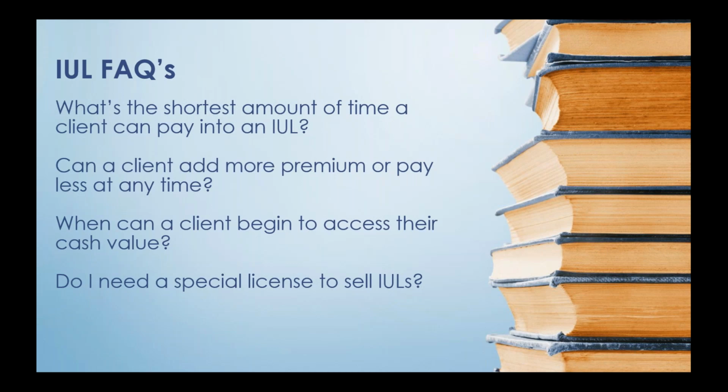When they can access their values, again, is going to vary a little bit from carrier to carrier, but I would usually encourage my clients to wait about 15 years. The reason is kind of twofold here. First of all, IULs are going to have surrender charge periods built into them, and the length of those periods can vary from maybe, say, 10 to 12 years. So if your client waits at least 15 years before they access their cash value, chances are, for pretty much most every policy out there, they're going to be outside of the surrender period. So that's the number one advantage of waiting for 15 years.